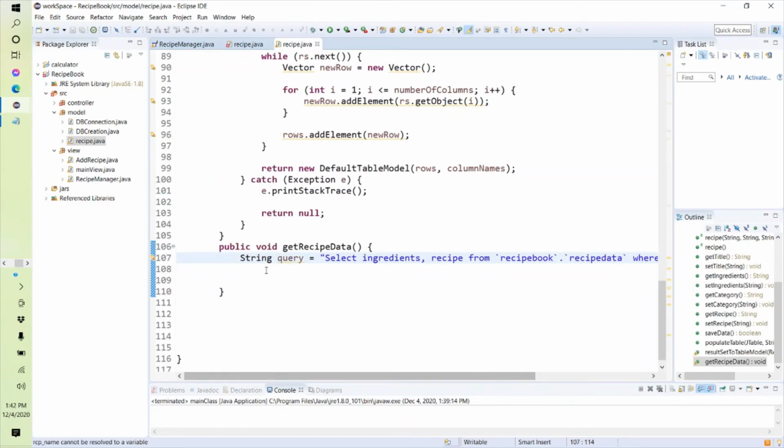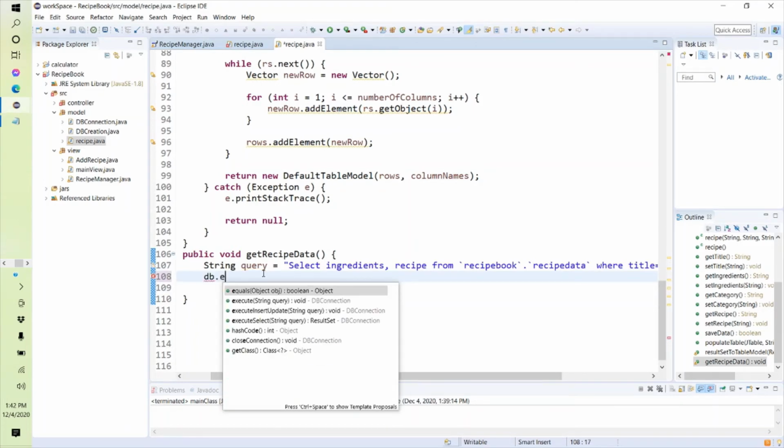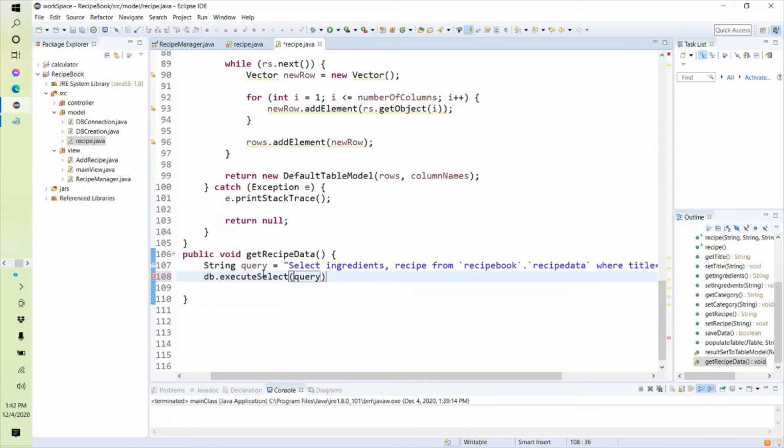And now we just need to execute this particular query. So we will say db dot execute select, and this is the query. Now of course this query will return me a result set, and I need to manipulate that result set in order to get my ingredients and recipe.